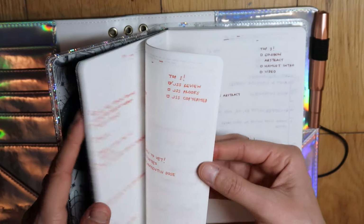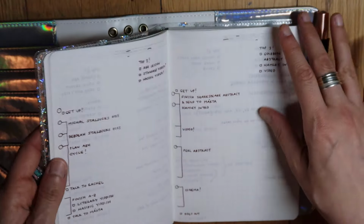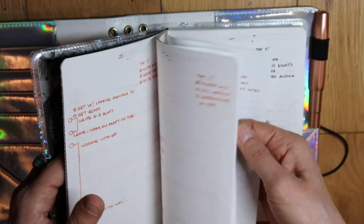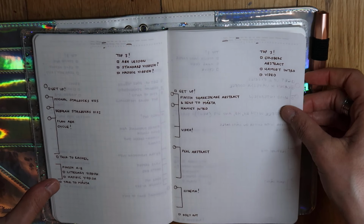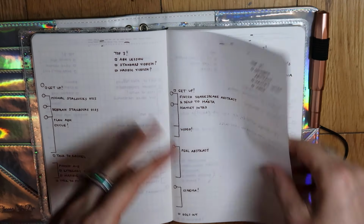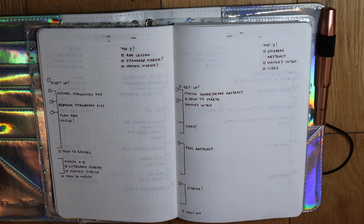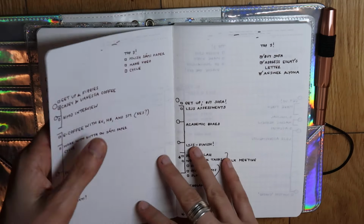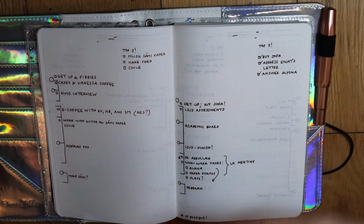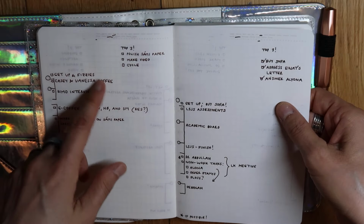Whenever I wasn't teaching or meeting with a colleague, I would stay at home and work at home. So for most of these days, I was at home most of the day. So I really don't know why I stopped using it, except that somehow I think psychologically everything was just, and I think a lot of us felt like that. Everything just felt so weird and surreal that I just stopped. I kept using my work planner just like normal and my personal planner, but I just stopped using this,